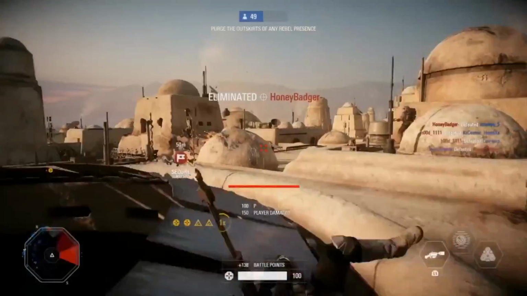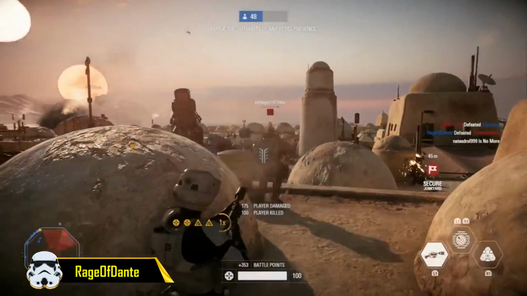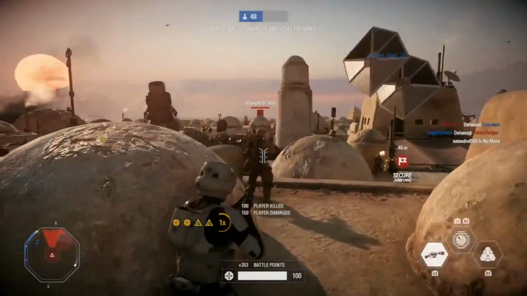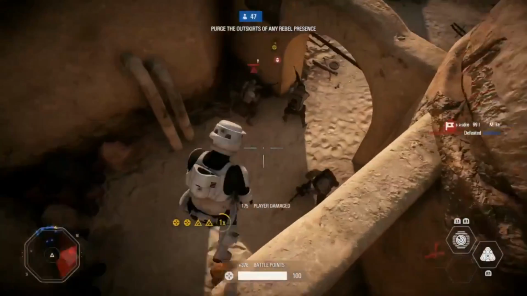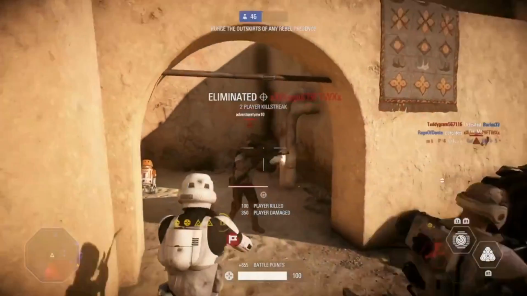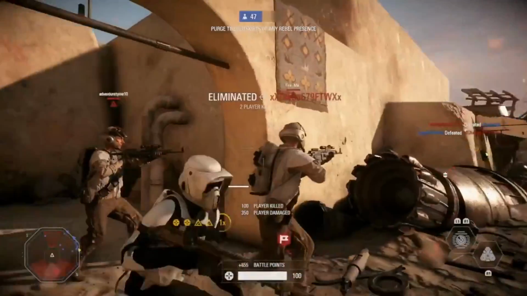And lastly, at the number 1 spot, we have Rage of Dante with a quite creative trickshot, because he has the repulsor cannon on, and what he does is actually that he repulses an enemy off the roof and then goes for a 360 no-scope while the other guy is still falling, and then he shoots him in the air before he lands himself. So that was definitely the most creative trickshot I've seen so far in the game, and